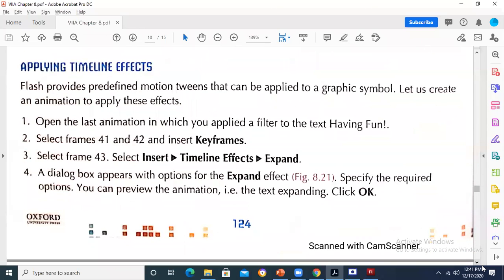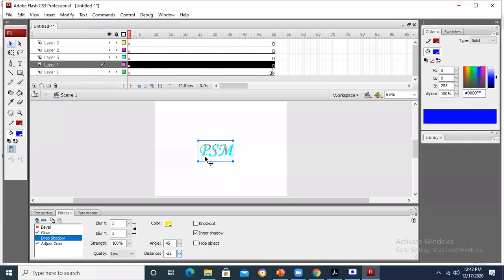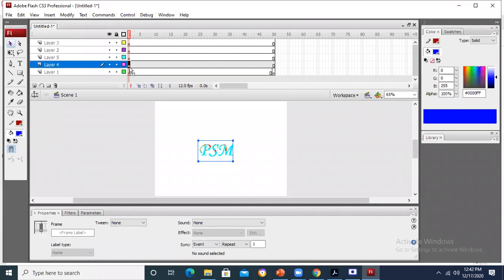Applying timeline effects. What are different timeline effects? Flash provides predefined motion tweens that can be applied to a graphic symbol. For this, we will go to the Insert menu and then Insert Timeline Effect. Let's suppose Expand. The dialog box appears with options for the expand. So over here, if I've got this object,